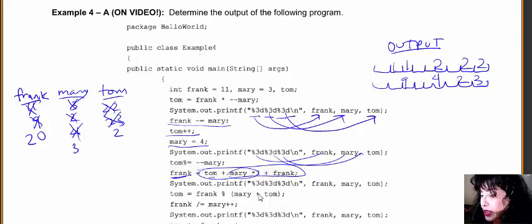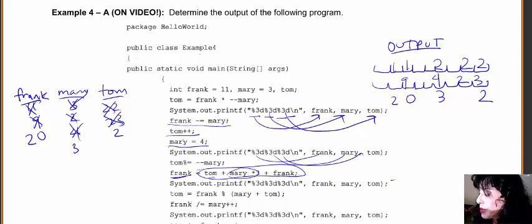And now we have another one of those printfs, and it looks exactly like the other printf, so I'm not going to do the spaces now. We know that we're going to have Frank, space 20, 20. Mary is going to go space, space 3, and Tom is going to go space, space 2. So we're done with that line of code, and then we go on to the next line, which tells us